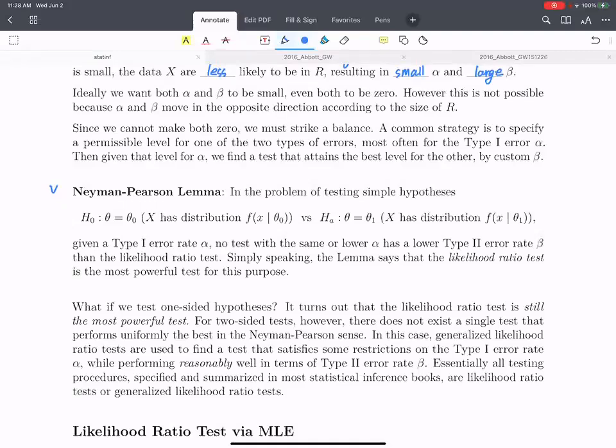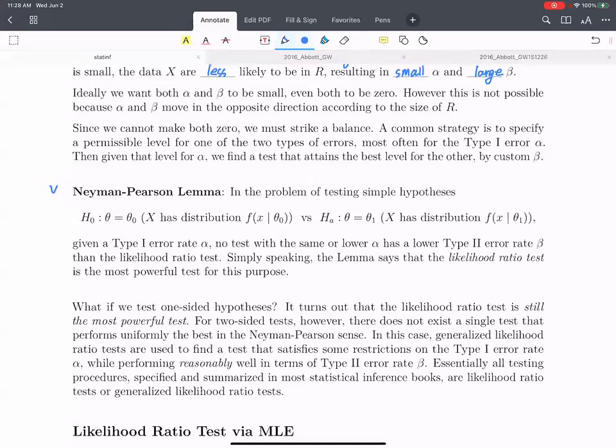However, as for two-sided hypothesis testing, there doesn't exist a single most powerful testing procedure. What happens is we still try to control the type 1 error rate at a fixed constant, and we try to do our best to minimize the type 2 error rate, hoping that the procedure performs reasonably well, which is called the generalized likelihood